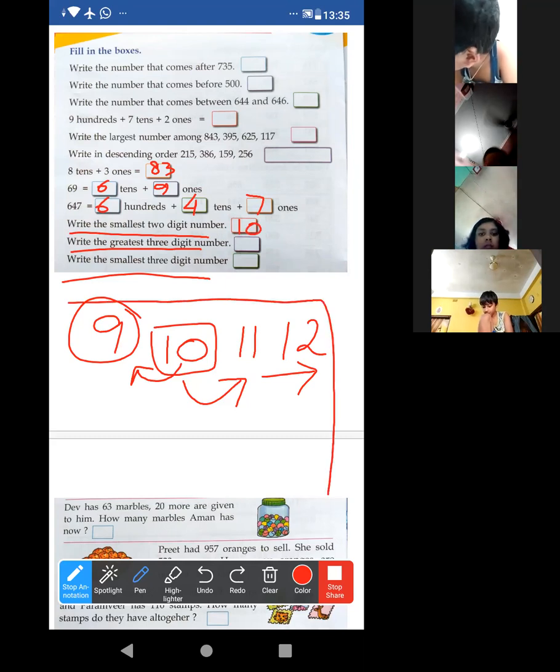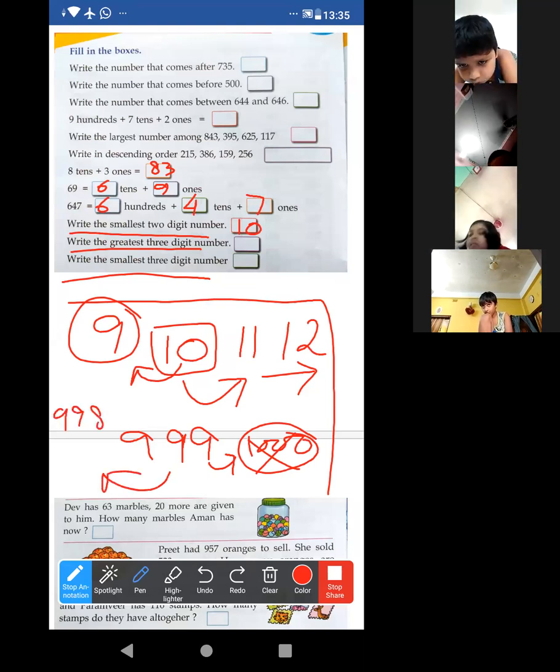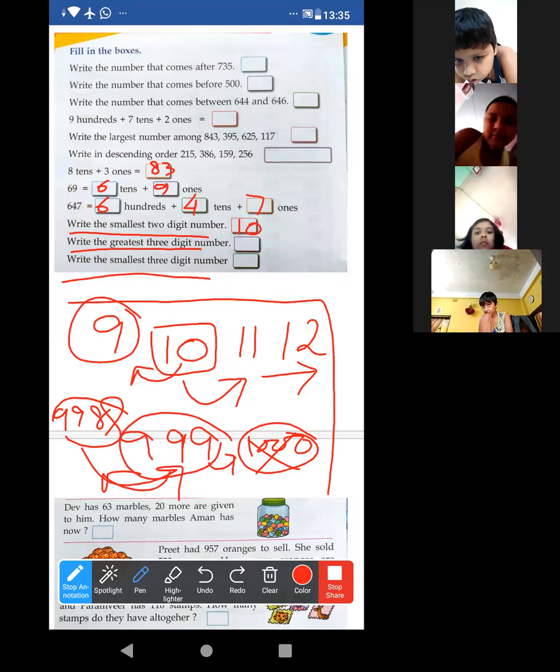Okay, done. Now the greatest 3-digit number. Look, it is definitely 999. Already I made you write it. Look. After that, what comes after this? It is 1000. It is a 4-digit number, so we can't take it. And before that, it is 998. Look, it is less than 999. But we have to find the larger one. It is 999. Rahat, understood?